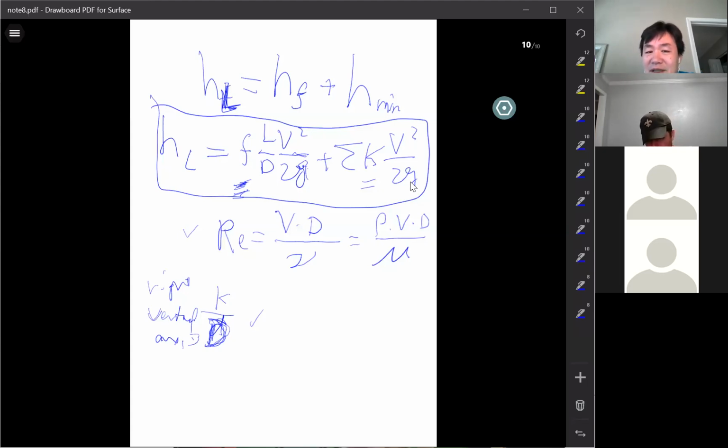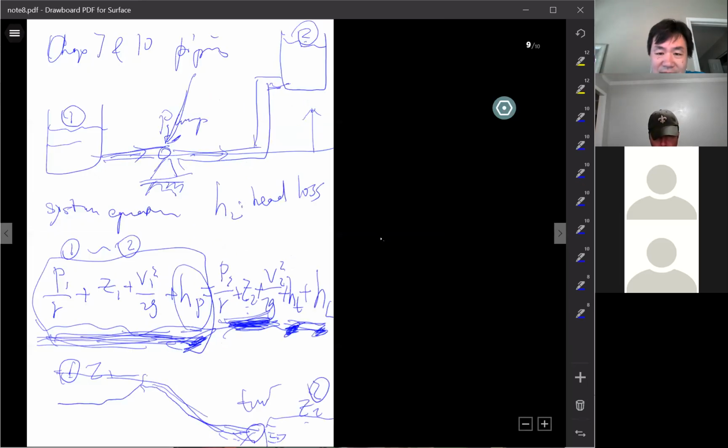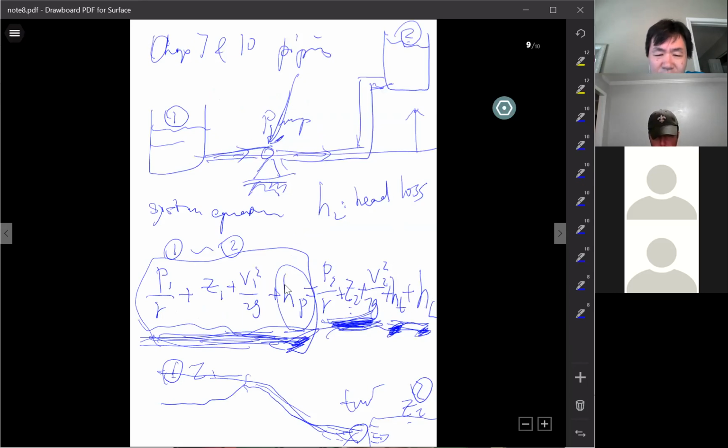So it will be very tedious work. You really need to be good at Excel. At least put every calculation in Excel. Okay, one more thing. This is the loss. I think that's everything about loss. One more thing is